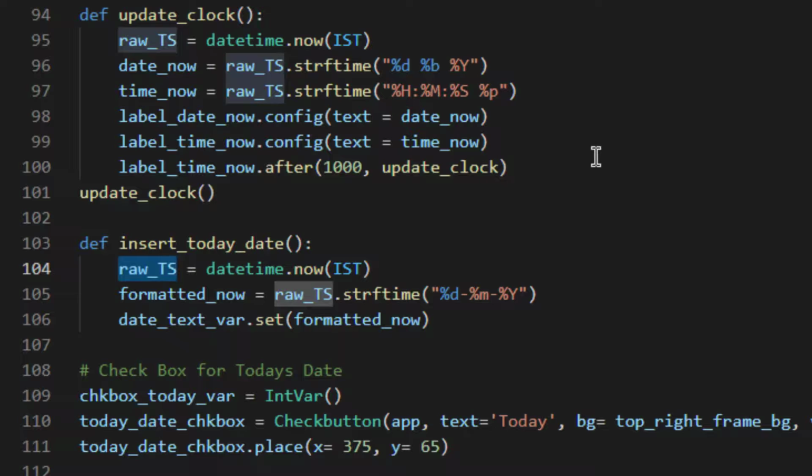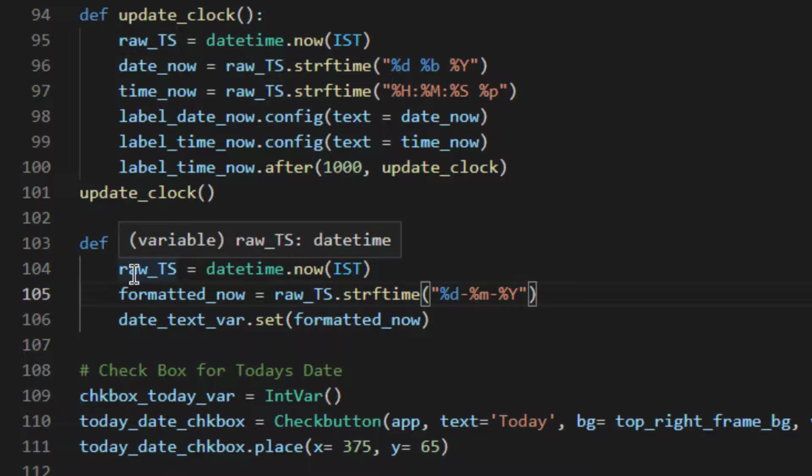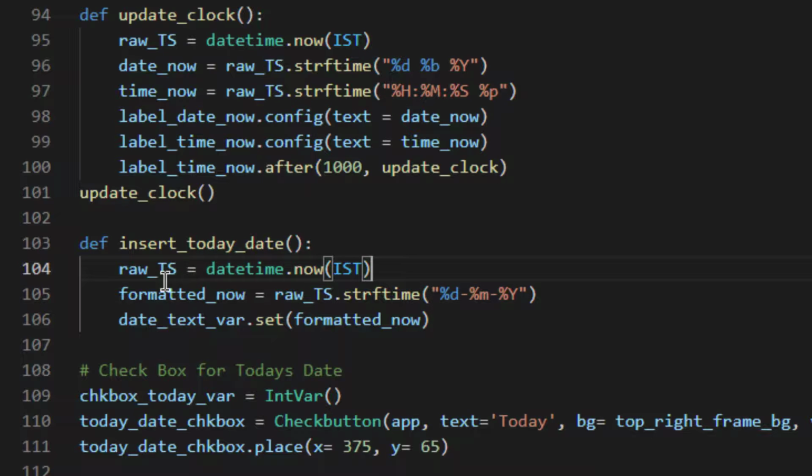update clock also. If you have seen our previous video, you would have understood why we are using the datetime module and other things. In case you want to check it out, you can check that previous video, and the link for the same is available in the top right corner of this video in the form of an i button right now, as well as in the description. Okay, do check out that video. raw_ts will store the current time using datetime.now, and IST is basically for the time zone, which I've also covered in the last video. It will hold the current timestamp generated from the system.